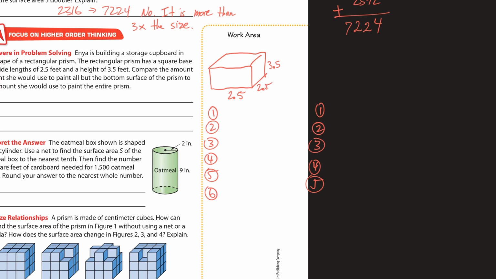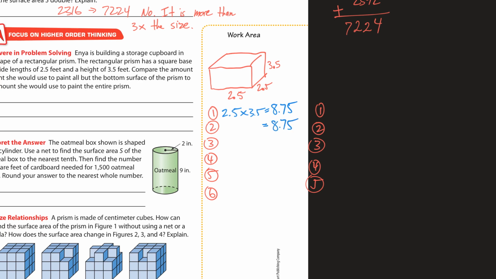and it's not going to be 6 because we'll leave out the bottom. I'll do the side. I'll do the right side here. 2.5 times 3.5. So 2.5 times 3.5 is, well, let's see. That is 8.75, I believe. 8.75. And that is this spot right here, and there's 2 of those, so I'm going to do another 8.75,